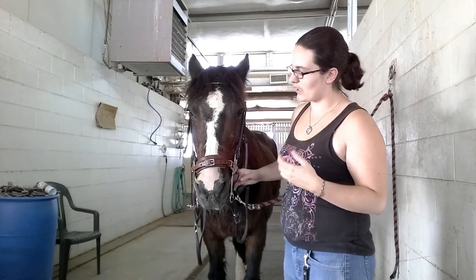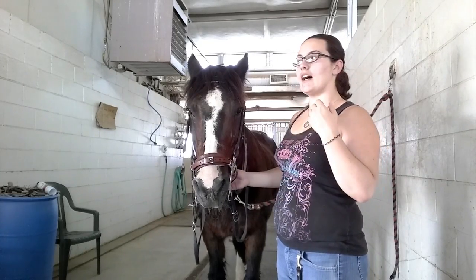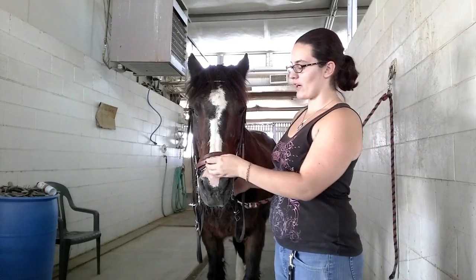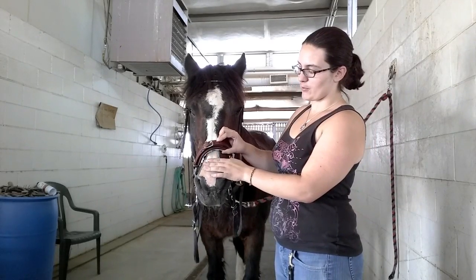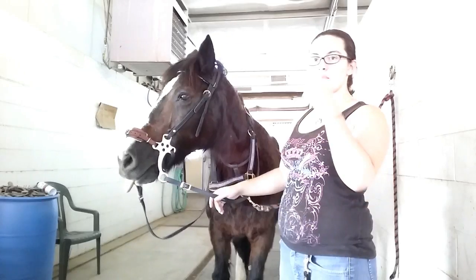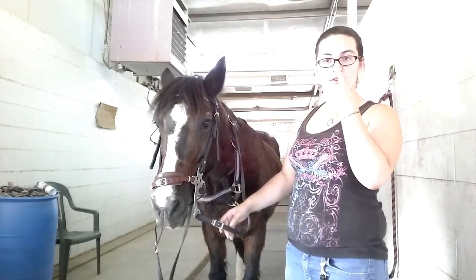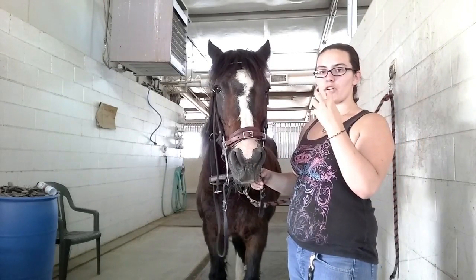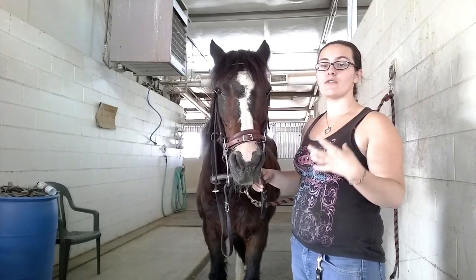Okay, so this is where I see a lot of people putting their hackamores. It's not a very good spot. It actually can cause damage because right now, the end of her nasal bone is about there, and it's sitting right on the edge. So what happens is when you put pressure on that nose bone, you're actually putting pressure on a very sensitive area where there's a lot of nerves,